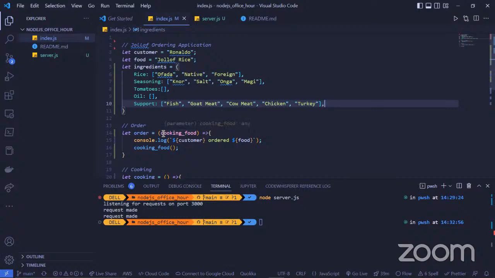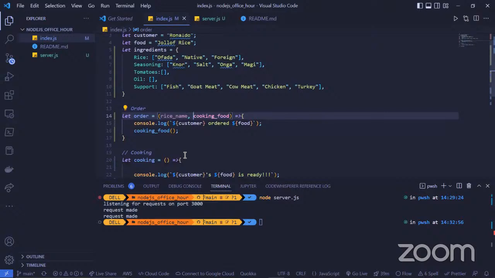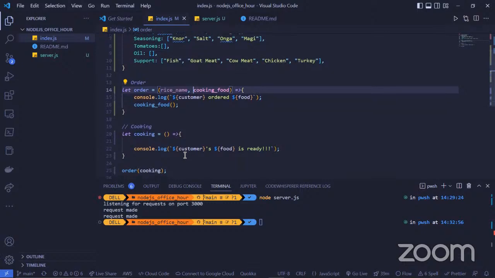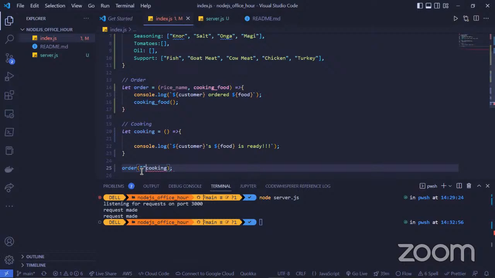So rice, we'll call this rice name. You can say rice type, but I'll just say rice name. And since we're talking about rice name, that means there's going to be another argument in our order.